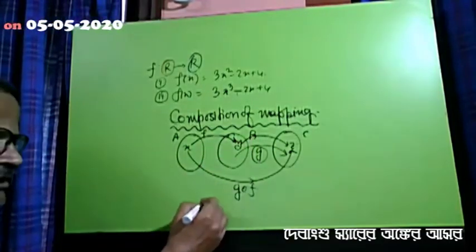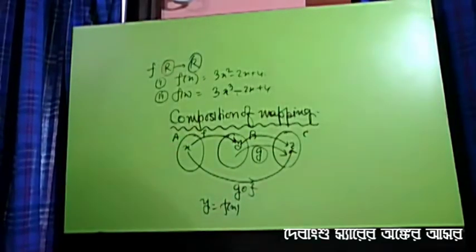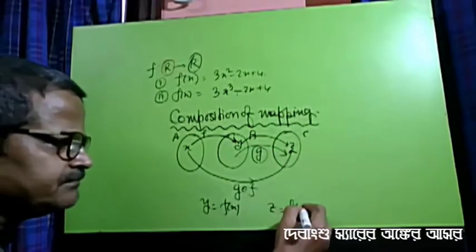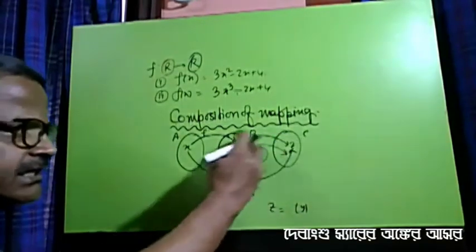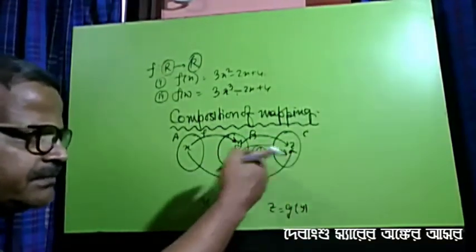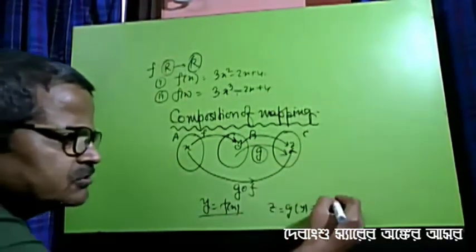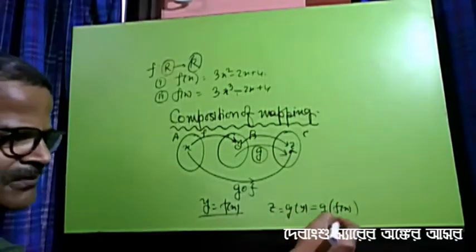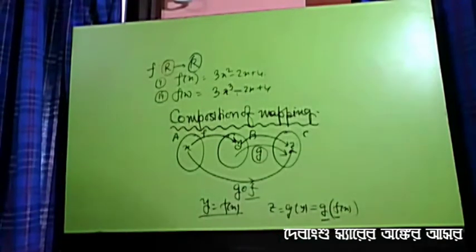Actually see, Y is equal to Fx. Y is nothing but Fx. And Z is equal to nothing but F of Y. Sorry, G of Y. Z is nothing but G of Y. There the mapping is G. Now see, G of Y, and Y is Fx, so you replace Y by Fx. Now see, G is applied last but written first. That's why it is written as G composite F. This is nothing but this, G composite F.